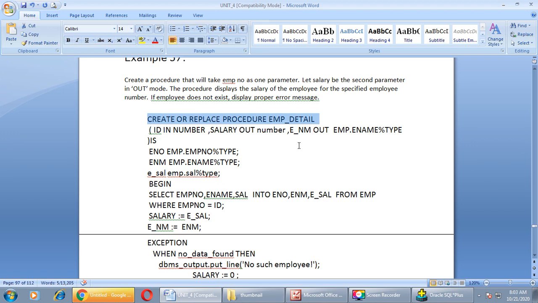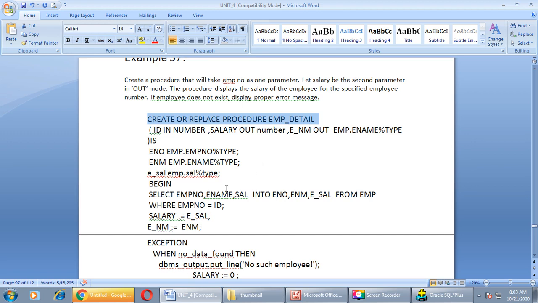The data types are respectively number, number, and emp.ename%type. Their modes are again respectively in, out and out.